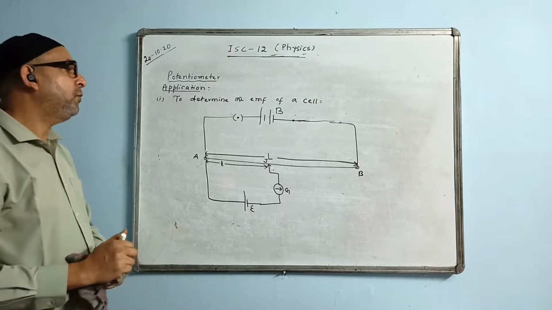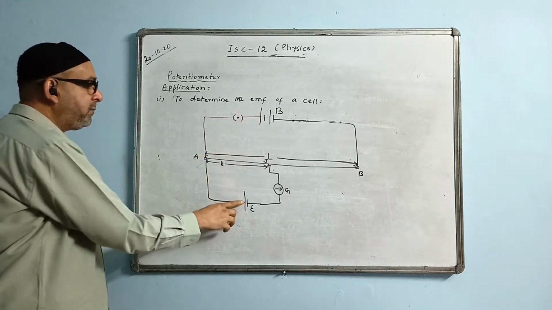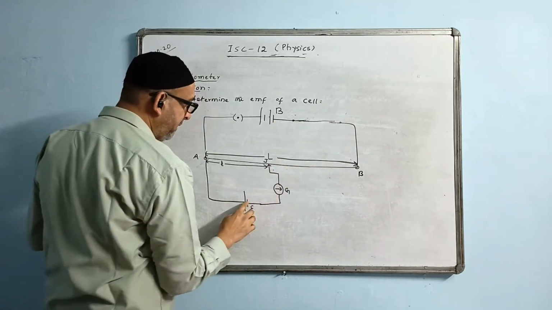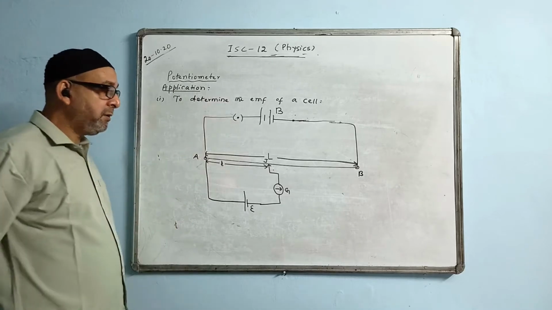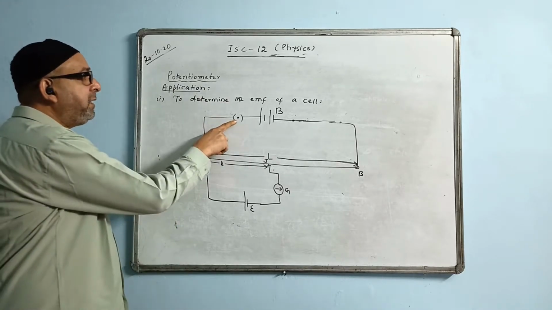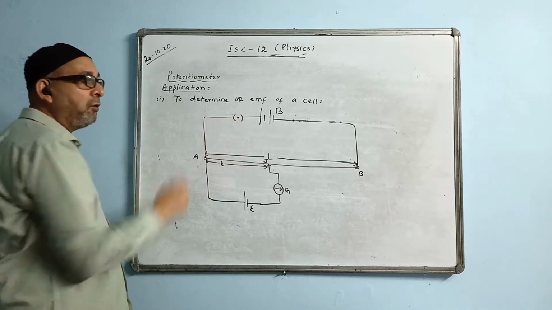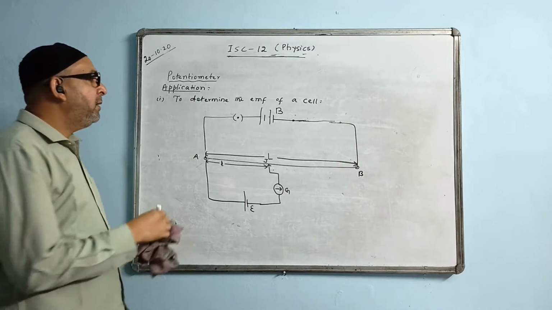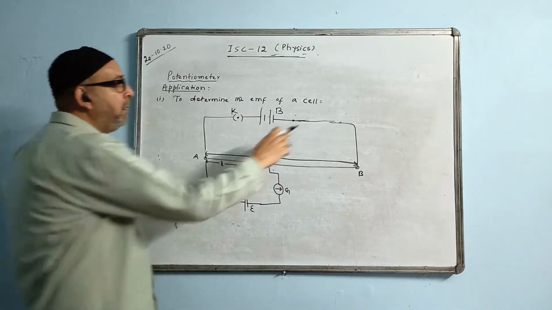Okay, this is the circuit we draw. Remember, this positive terminal and this positive terminal will be on the same side. Negative of this and negative of this will be on the same side. Terminals marking is also important. This key you must draw, and this key must always be kept on. Like this, the dot is always in the on position. That means K is closed. This is the key K we are drawing. Okay.